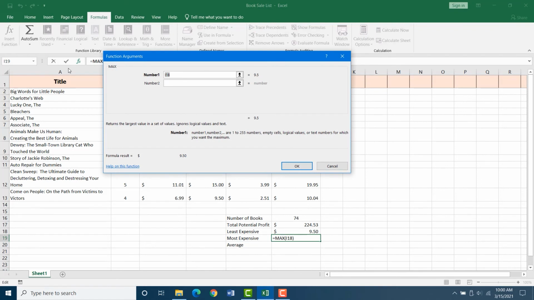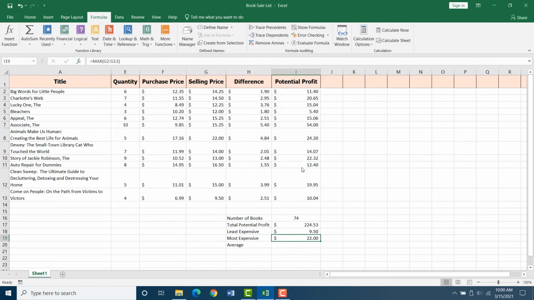So again, this will pop up the function arguments box, and instead of highlighting our range like we did last time, we're going to type in G2, again, capitalization does not matter, to G13. I'm going to press OK, and our most expensive book is $22,